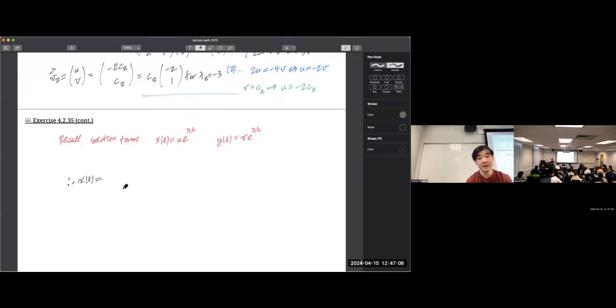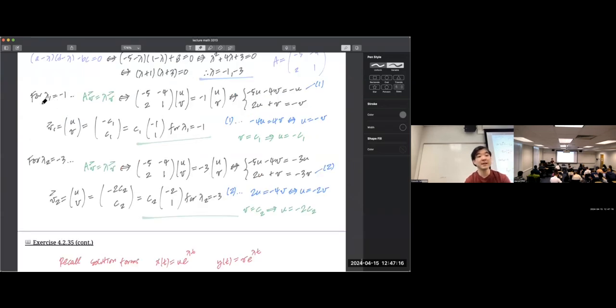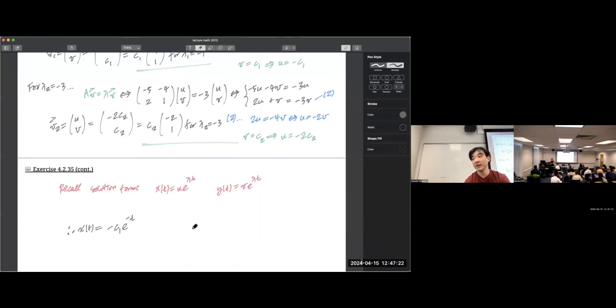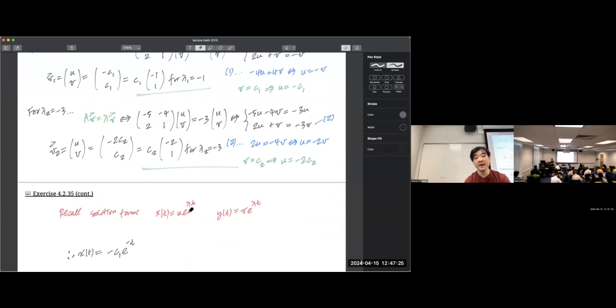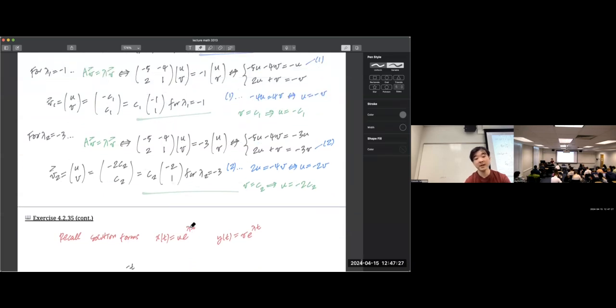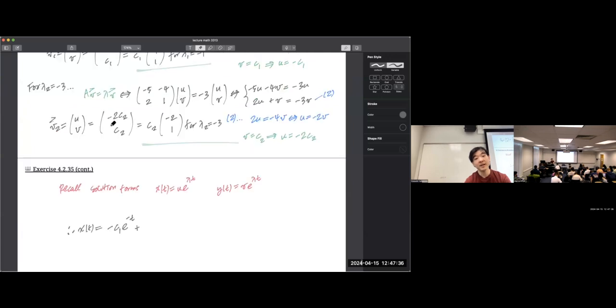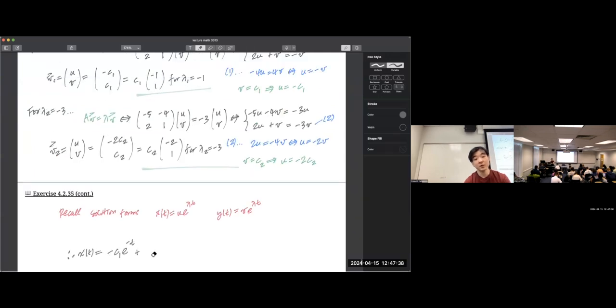So if lambda is equal to -1, we're plugging a -1 into this lambda right here, and we read off what the u was. That's negative C1. For lambda equal to -3, u is -2c2. So I'll just write -2c2 e to the lambda t. We're just plugging it into the spots,